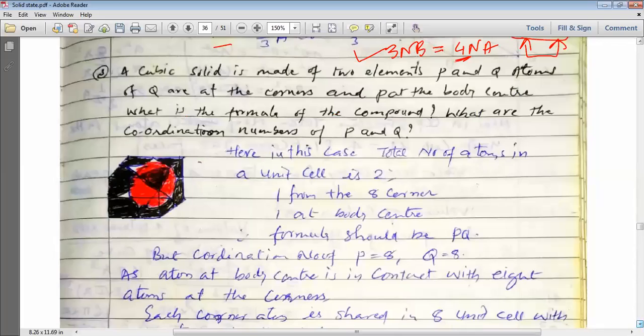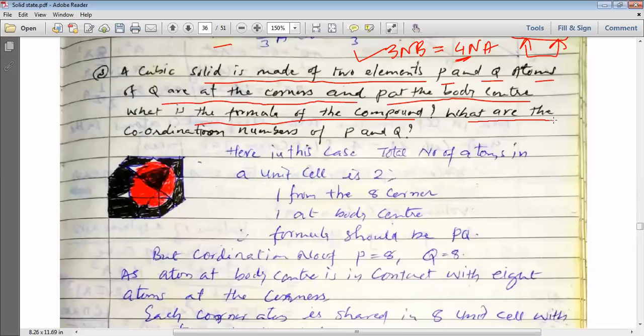Let us understand the same with one more example. A cubic solid is made of two elements P and Q atoms. If Q are at the corners and P at the body center, what is the formula of the compound? What are the coordination numbers of P and Q? Now you can see the arrangement here, my dear